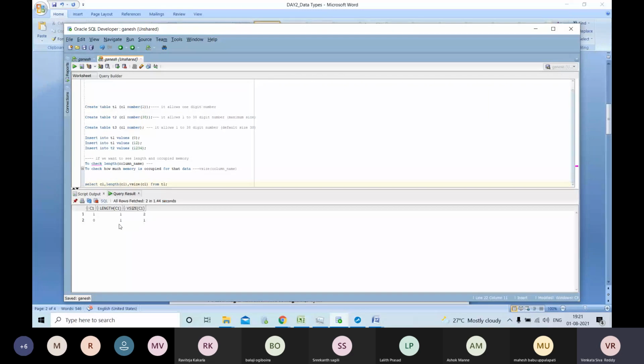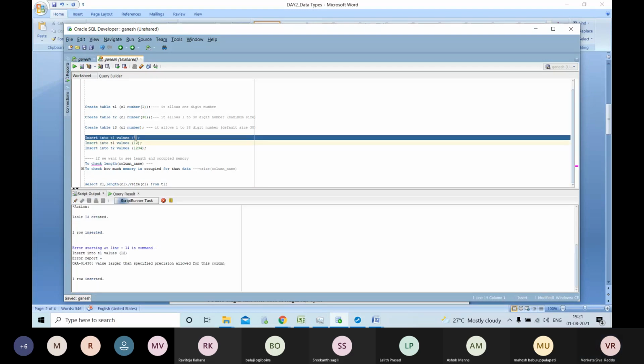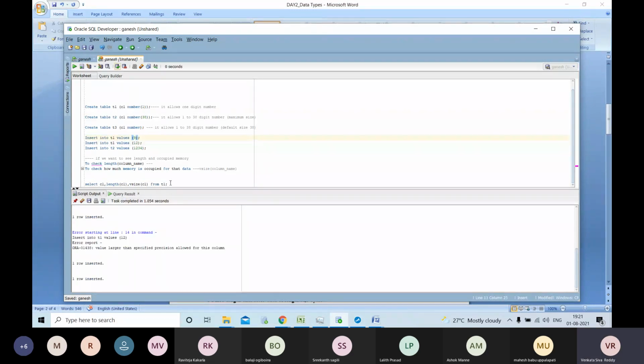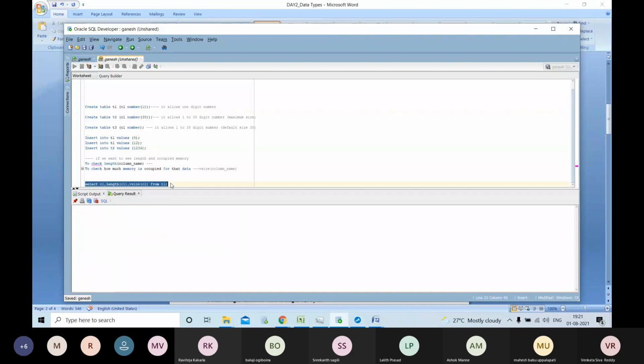But observe this: for 1 it took 2 bytes, for 0 it took only 1 byte. If I try to insert 9, got it? Other than 0, if you try to insert any value, it will take 2 bytes.